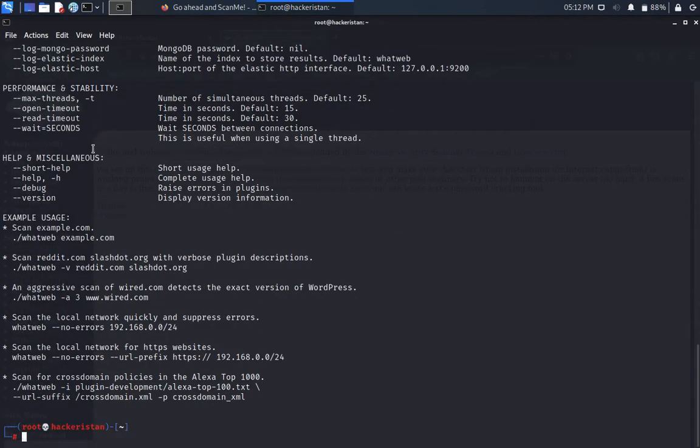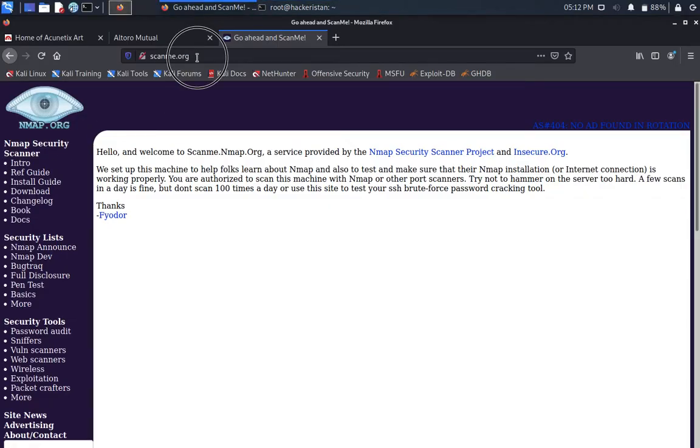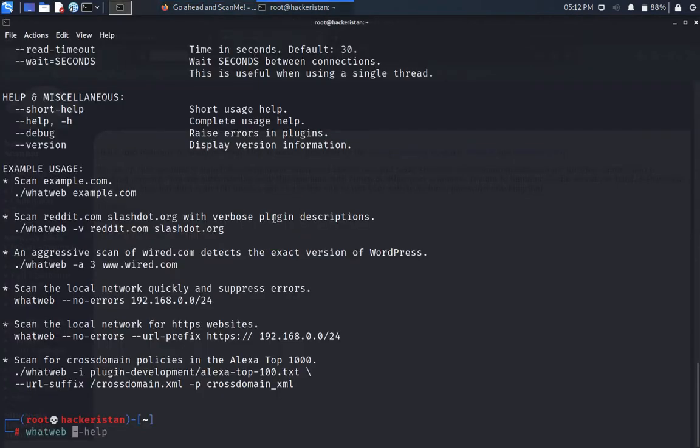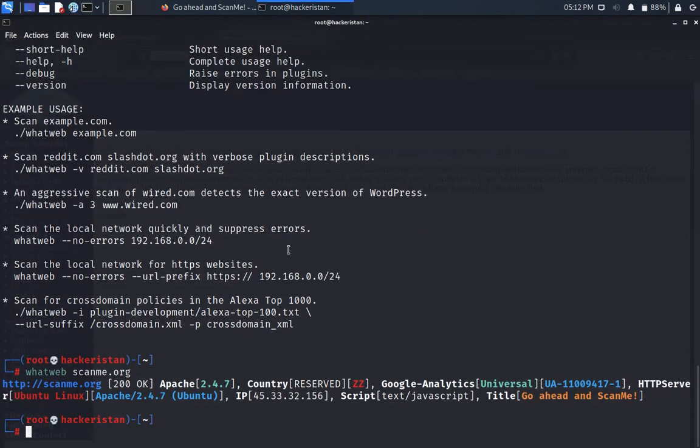So let's start, guys. To scan a website, it is very easy. You just need to type WhatWeb and the target website name simply. Ensure that you're not typing https, and without it you simply put the website name. That's how it will inject the various plugins from the database, and accordingly those plugins will get you the list of the technologies being utilized.